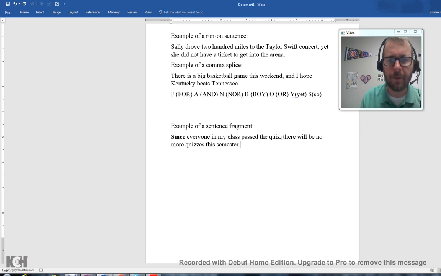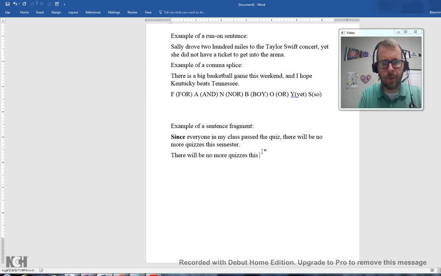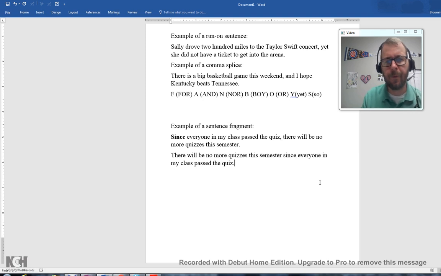Now you may be saying to yourself, hey, we couldn't have a comma standalone before. That was because we had two independent clauses. This time we have a dependent to start followed by this independent. And as a result, we can join those together with a comma. Or if you want to flip the structure around, you could say there will be no more quizzes this semester since everyone in my class passed the quiz. And when we flip it around,